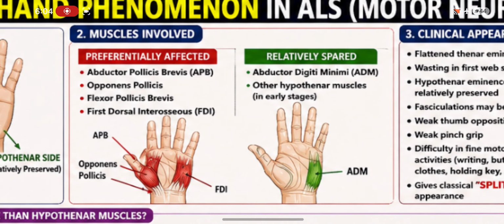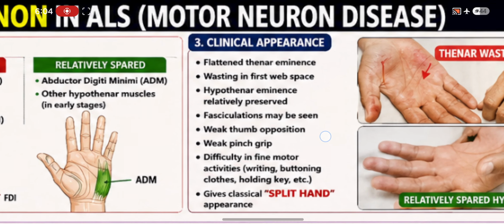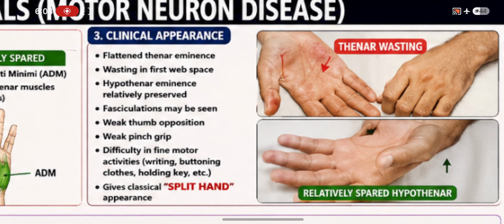In contrast, the abductor digiti minimi, ADM, and the other hypothenar muscles are relatively preserved in the early phase of the disease. Clinically, this results in a flattened thenar eminence, wasting in the first web space between the thumb and index finger, visible fasciculations, weak pinch grip, and difficulty performing everyday activities such as writing, buttoning clothes, turning a key,